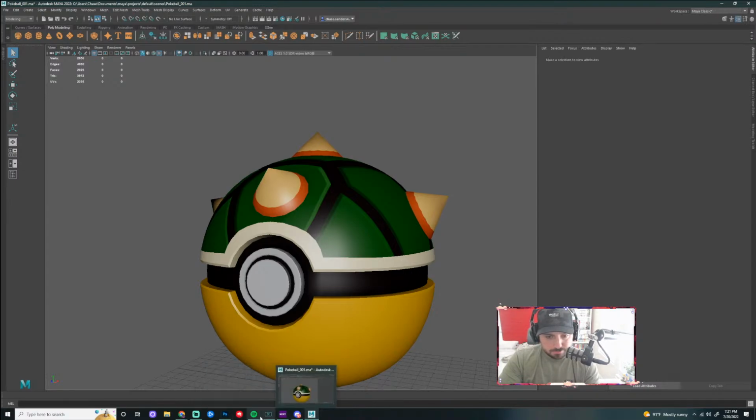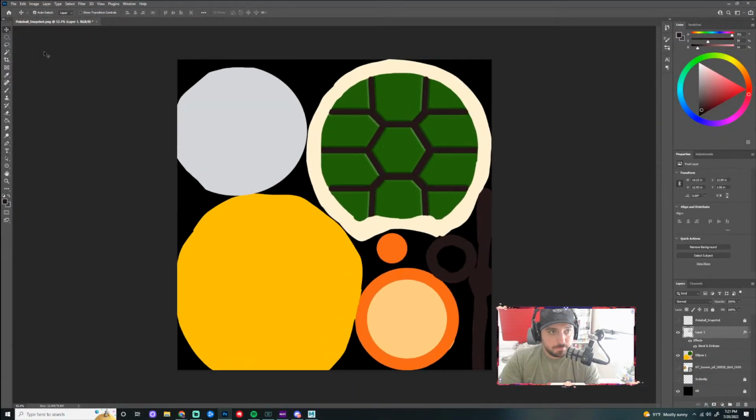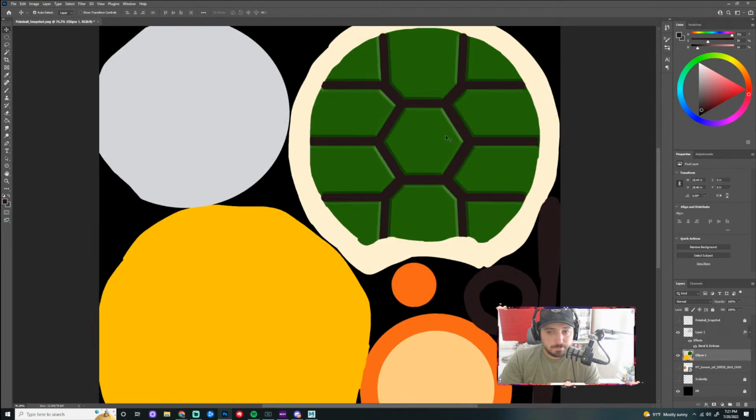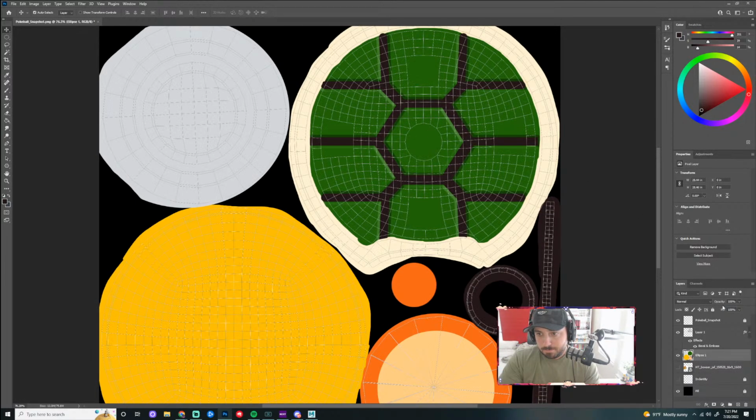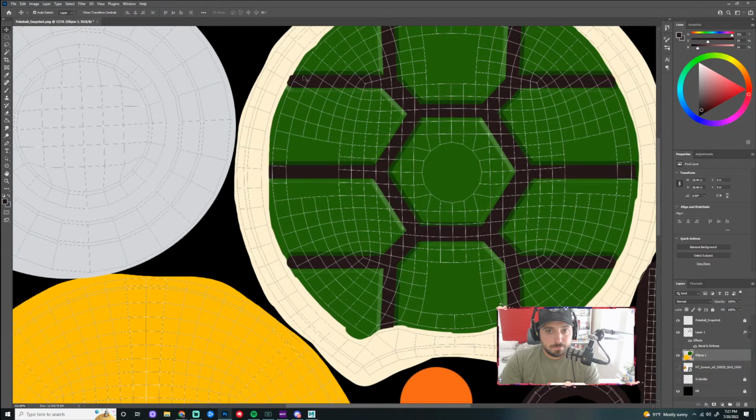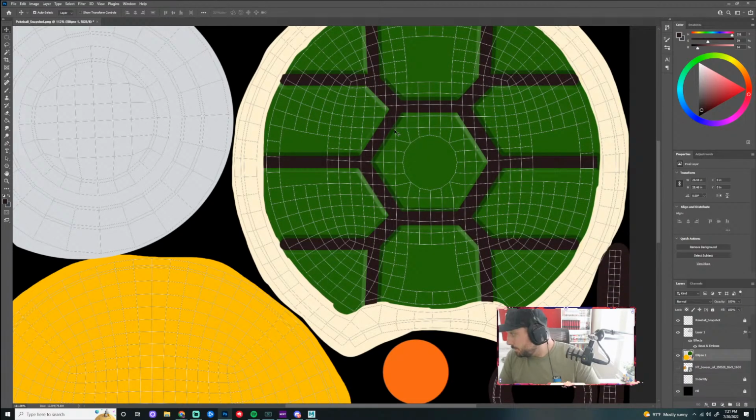Let's see here. The FBX file is too big. Is there a limit on how big you can put something on Canvas? I wasn't sure.